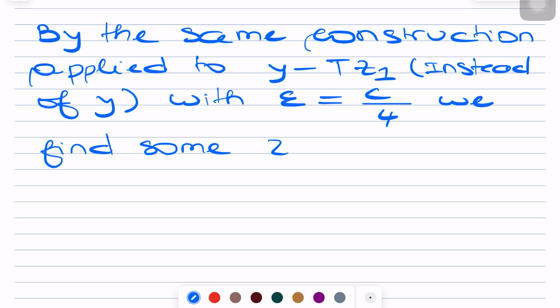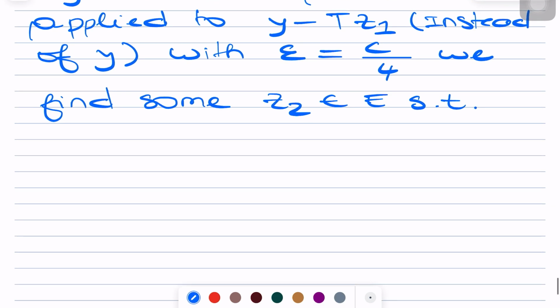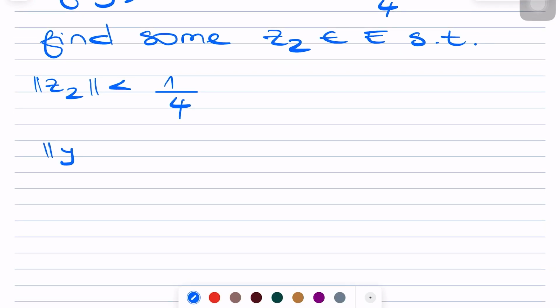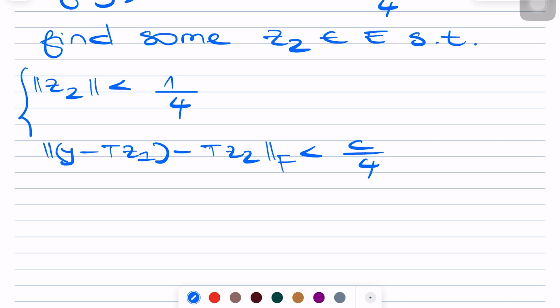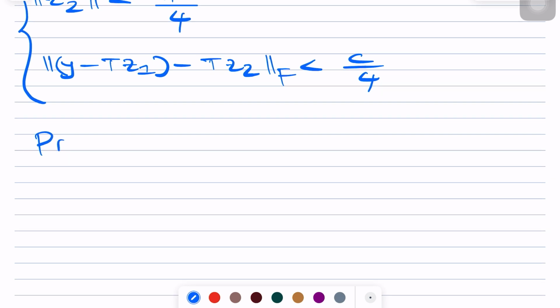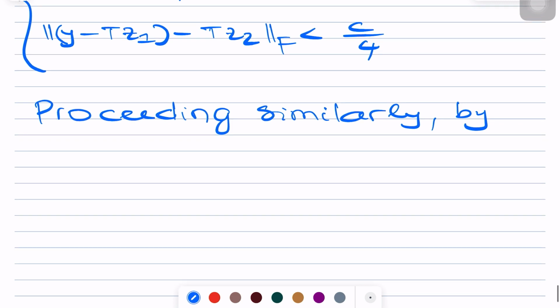So we find some z2 in E such that the norm of z2 is less than 1/4, and the norm of y minus t z1 minus t z2 is less than c/4. So proceeding similarly, by induction,